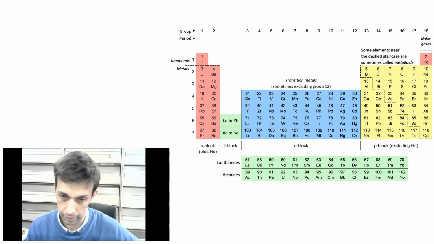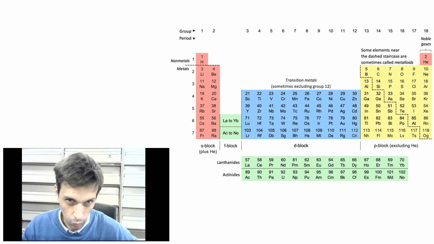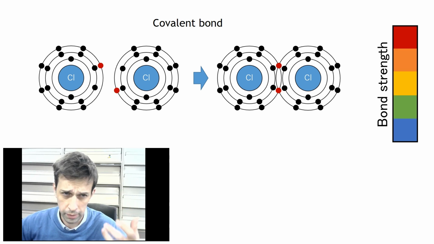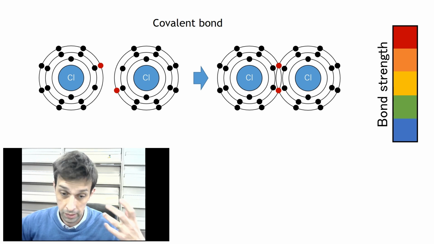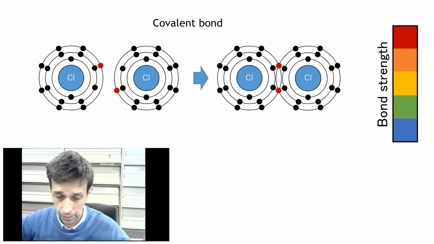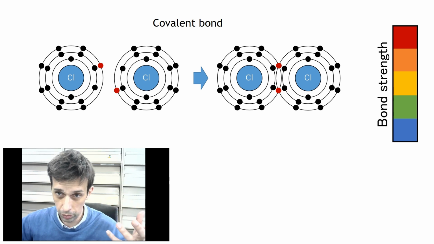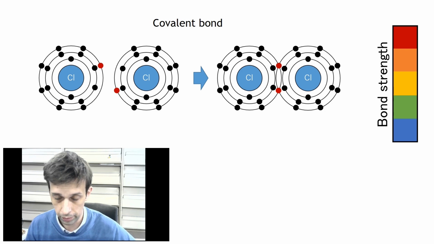Well, there are different styles, different bonds they can form. One of the main ones is the covalent bond. In this case, one atom that is missing some electrons to have a stable form, to have 8 electrons on its outer shell, is in desperate need of electrons. It finds another atom that has the same desperate need, and together they share enough electrons to be both completed, to be both stable with 8 electrons on their outer shell. This bond is very strong, and